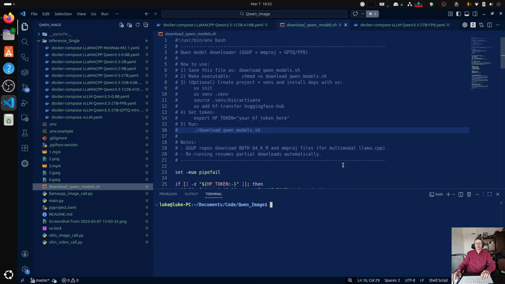Now, how to download models. Basically, we need to create a quick environment. I will attach the file so you can actually do just uv sync, but I will show it from scratch. So we do uv init. I already have it initialized, so I don't need it. And we create